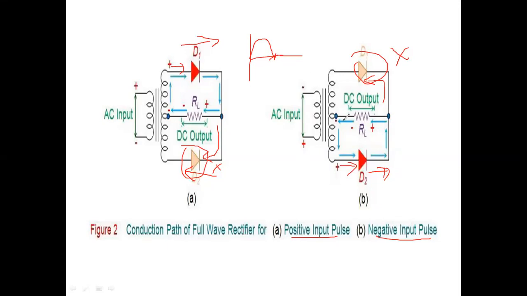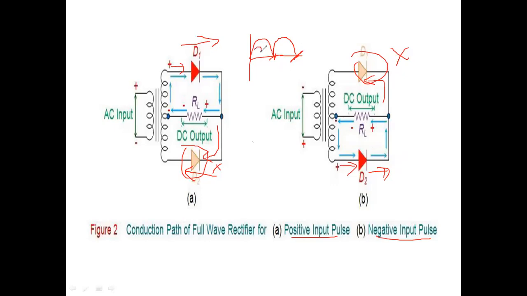So for the next negative half cycle, is it negative, minus or plus, this value? Same current will flow. Plus only. So for the negative half cycle of the input also, we will get the positive half cycle of the output here. So for the positive half cycle of input, diode D1 will conduct and D2 will block. For the negative half cycle, diode D2 will conduct and D1 will block here now.